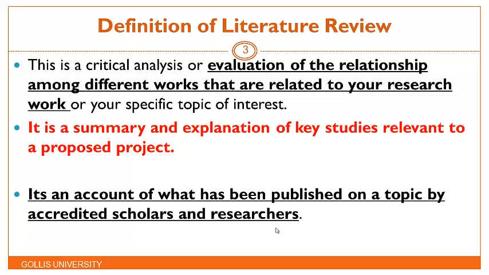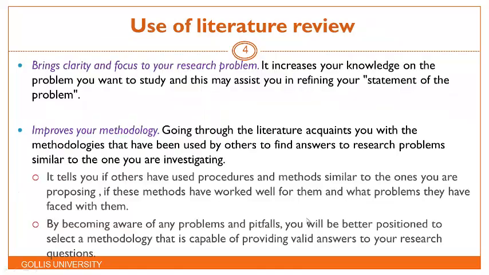they find on the internet. Some information is reliable, others is not reliable. As a researcher, you only need to pick out the reliable information. And how do you get reliable information? By making sure that you find information from accredited scholars and researchers. Usually, their work goes through what we call peer review. If it goes through peer review, then it means that it is accredited, something which has been approved to be used by other researchers. So don't just get any information from anyone outside there, but treat every piece of information with curiosity.